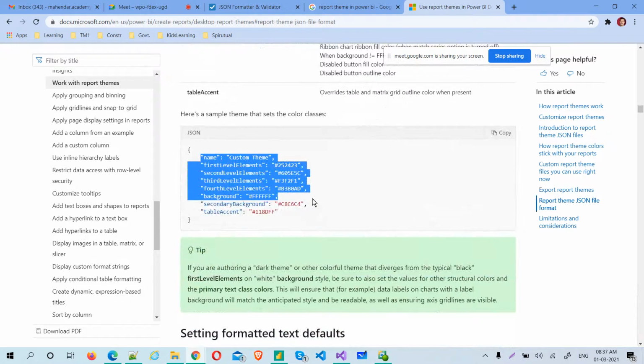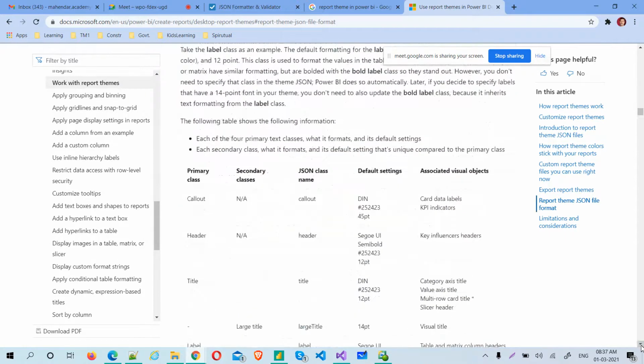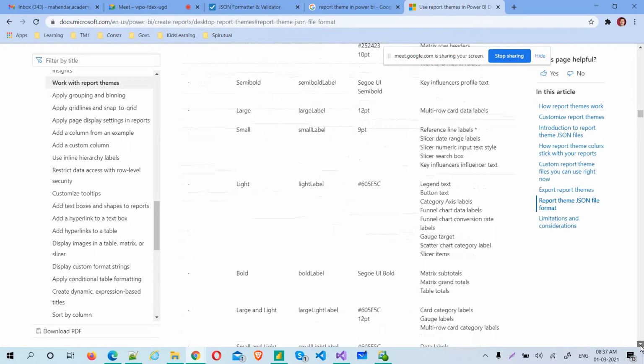Whatever we have done using the wizard, almost all the options are available using JSON also. You can copy all of them in one file and do the same thing. That is also possible. But why take the risk? Just apply and export the theme and then modify the values, which is the easiest task.